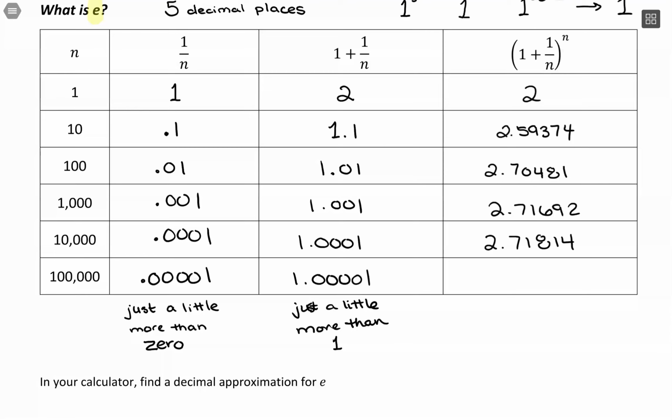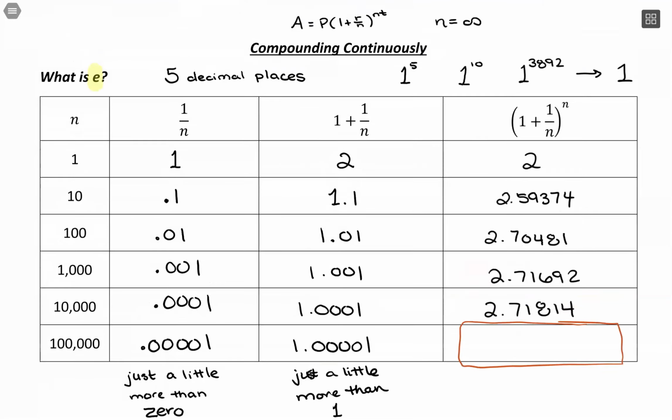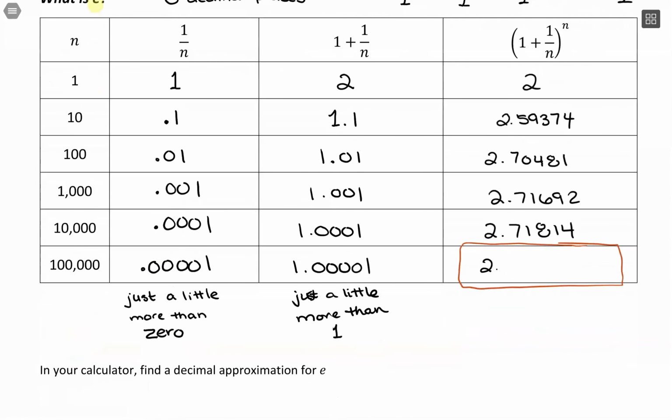This will be 2.71814. And this last scenario here really gets at the general idea of what we're looking at: what if we're taking something that is ever so slightly larger than 1 and raising it to the 100,000 power. Because if it was just 1, like if we just used the rounded value and took 1 and then put an exponent of 100,000, we know what happens then. What we want to understand is what happens if we put a little teeny tiny bit more on and then raise it to this huge exponent. And what the calculator will give you is